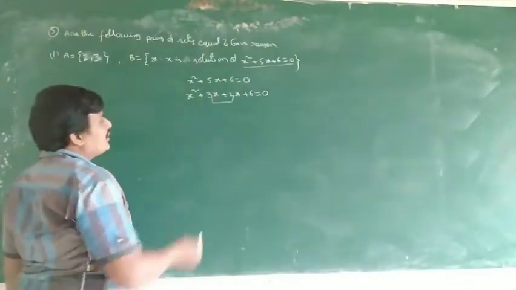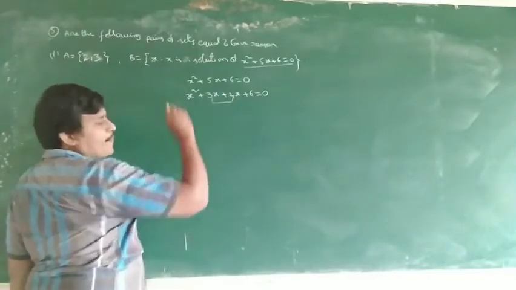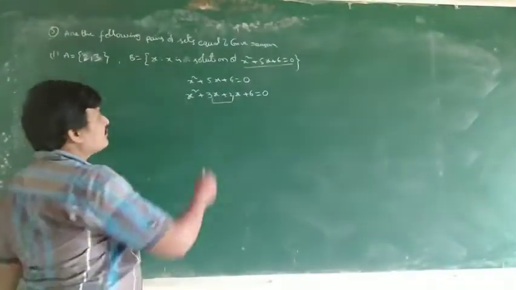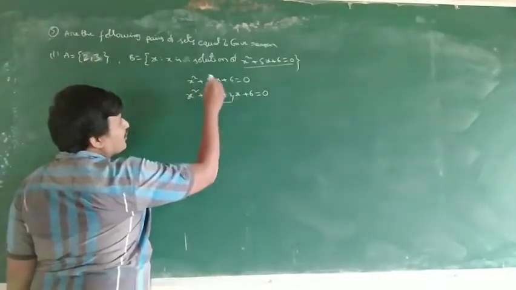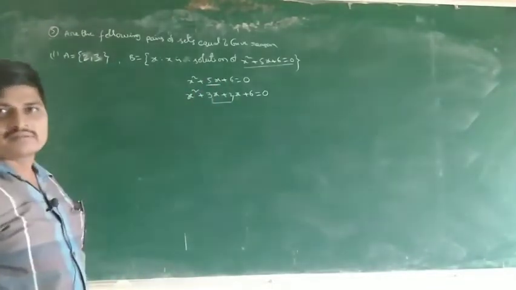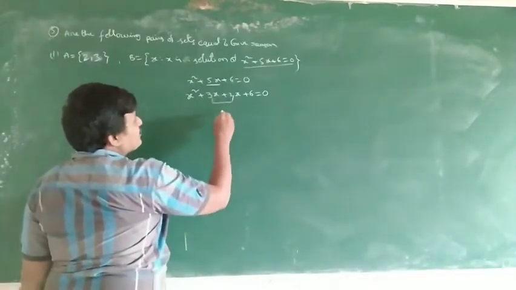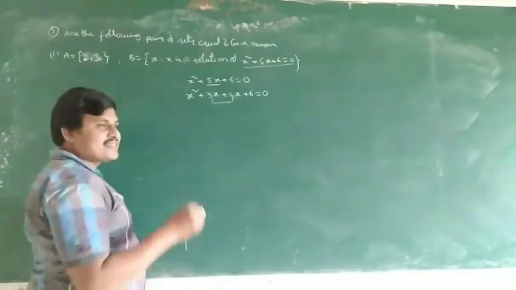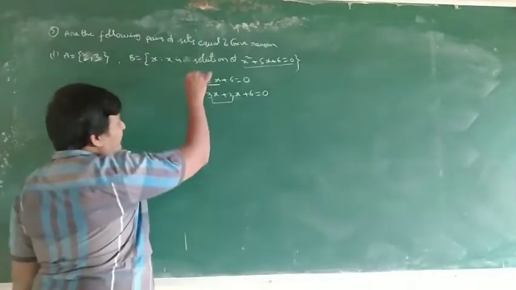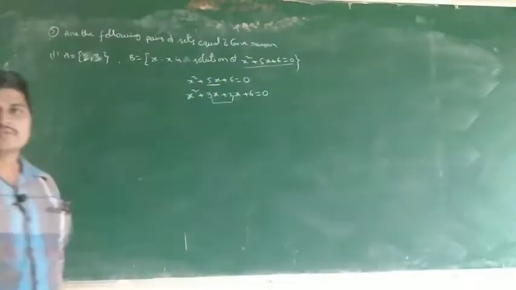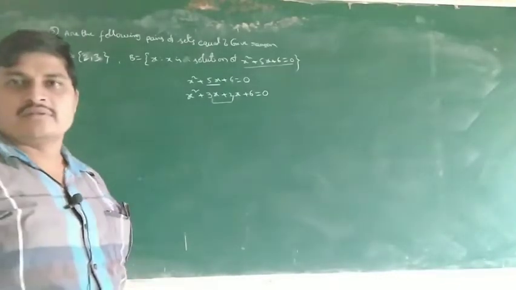For example, take some two numbers; if you add those numbers, it should give the middle term. Multiply them: 3x into 2x is equal to what? 6x square. That 6x square is equal to the multiplication of the first and last terms of the given equation. This type of balance. Okay.